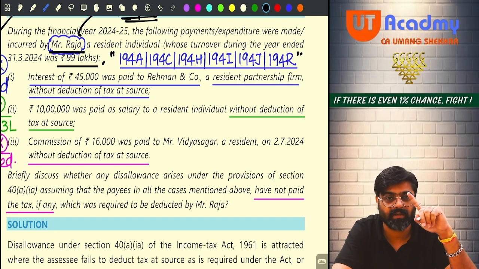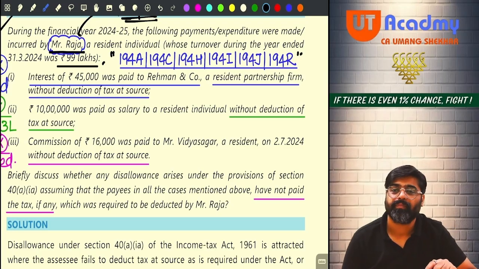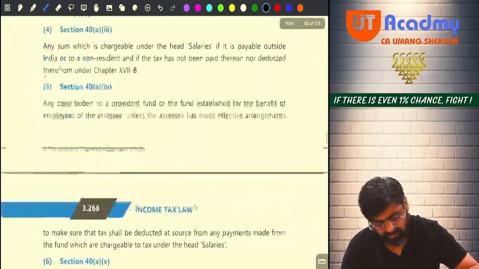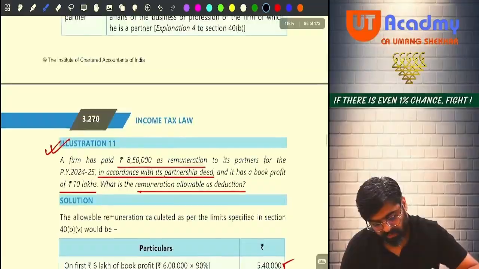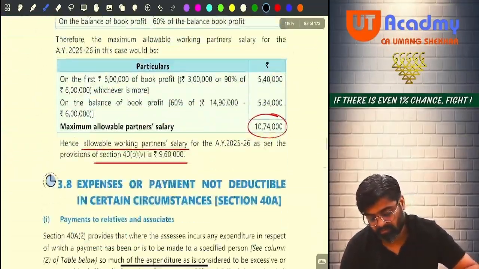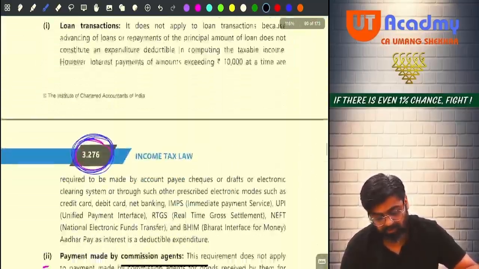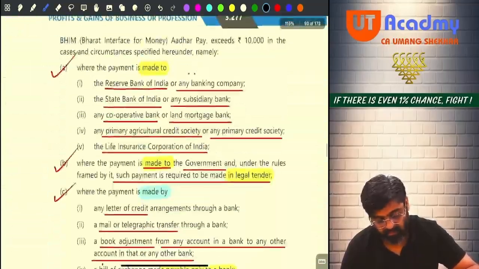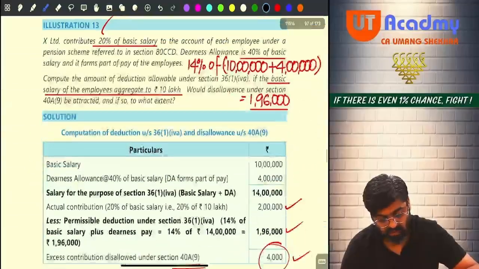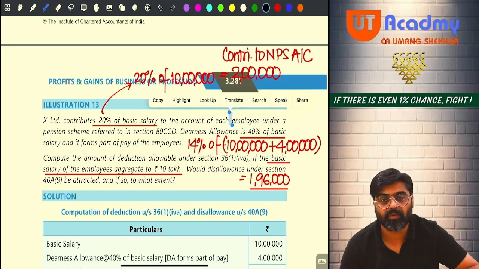So this is question number 10. So till question number 10, everything is over. Tell me yes or no. All the questions done. 11th also done. Please check. 11th also done. Then 12th is also done, sir. Come to question number 13. I think that question number 13 is not done. Illustration number 13. We have not done it, no? Okay. Let's do it now.